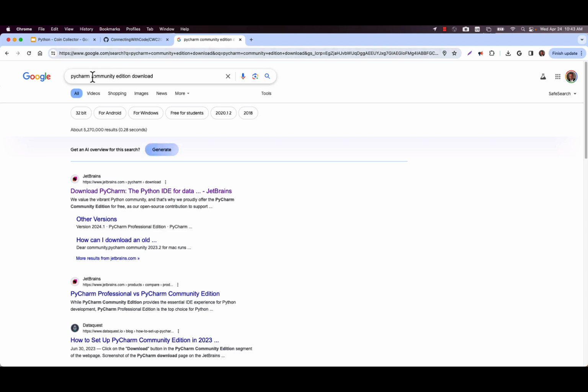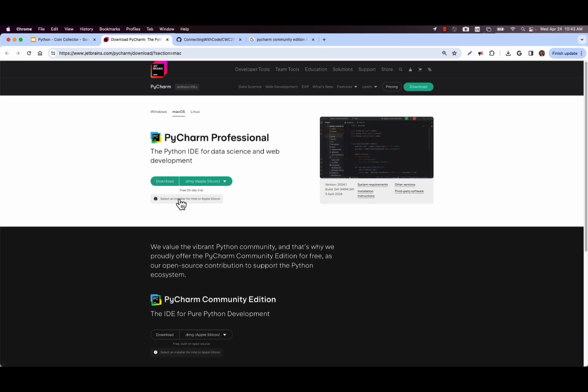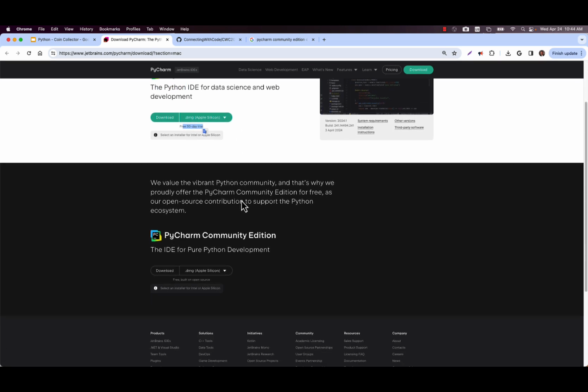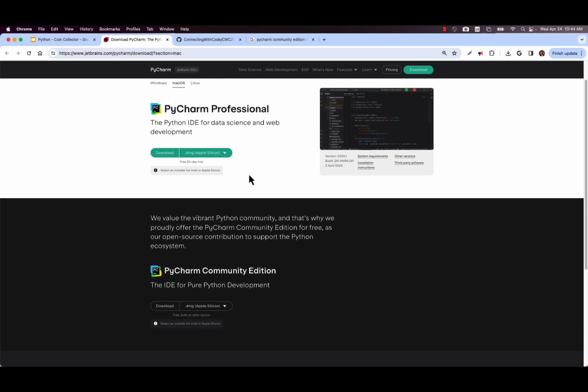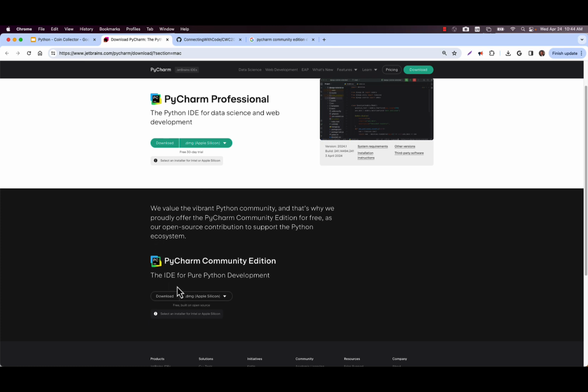Technically, the version we're getting is what's called the Community Edition, and you can search and find it. I've also just put the link here where you can just click on the link. You can see that there's a professional version where you get a free 30-day trial, and then there's also a community version which is free and open source. We don't need any professional features, and so we want the one that is the Community Edition.